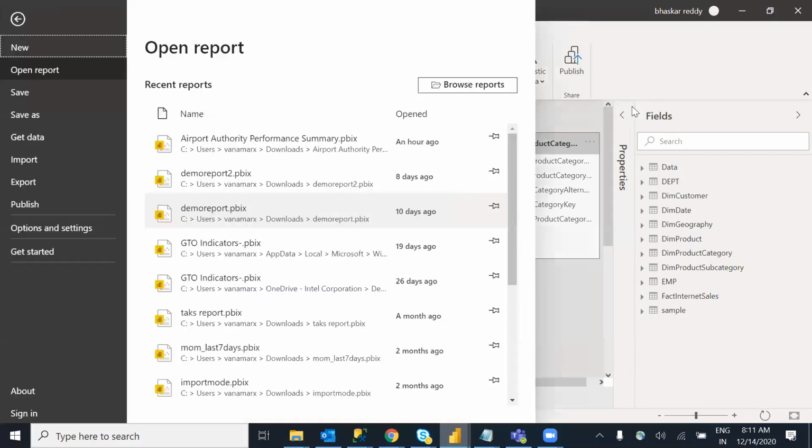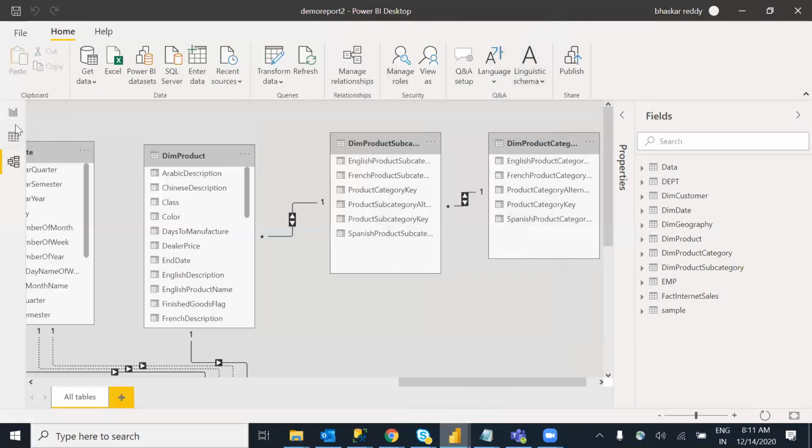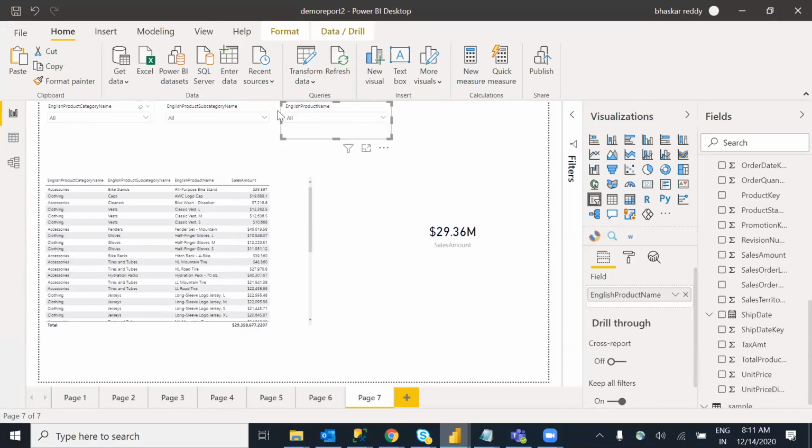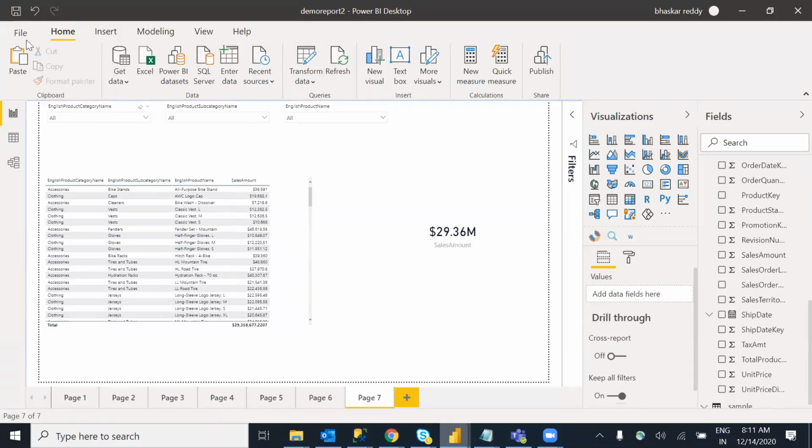Already we have discussed what kind of relationships there are. It is one to many or many to one kind of thing. That will be detected automatically. As part of an interview, we have to tell what cardinality is, one to many or many to one, or one to one or many to many. Then another thing is the cross filter direction, what is single and both. I have three tables, so if I select something, these tables also will be filtered automatically. This is the cross filter direction, single and both.